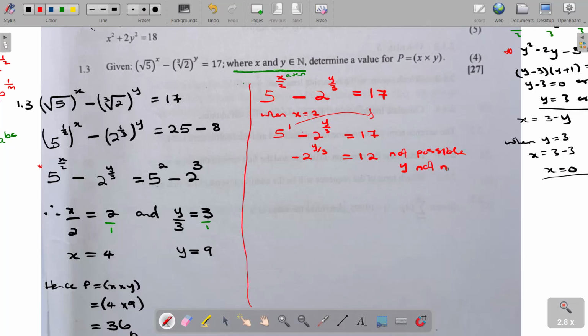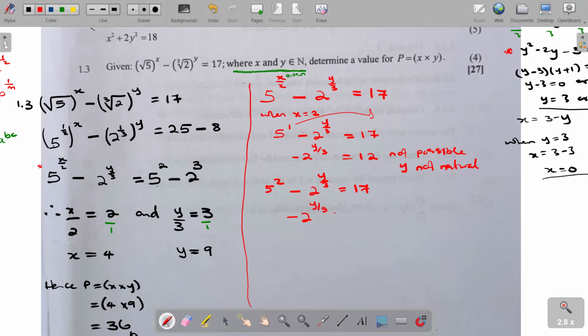Go and substitute 4 there. So 5 to the power 4 over 2 minus 2 to the power y over 3 is equal to 17. Here it's 25, so we're going to be left with minus 2 to the power y over 3